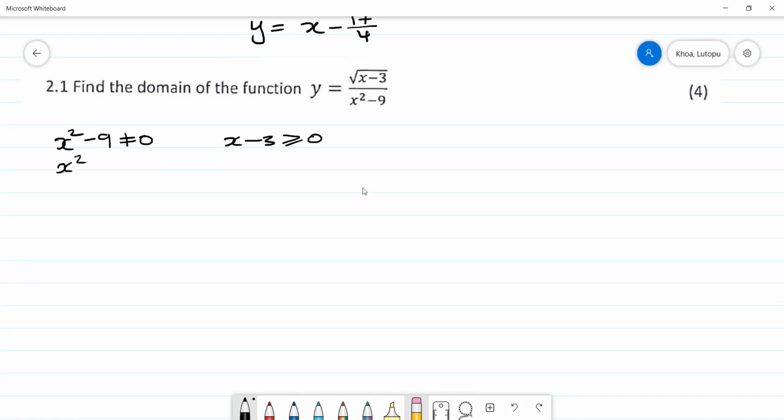So here, x squared is not equal to 9. So this means x is not equal to 3, and x is not equal to negative 3. And here we have x is greater than or equal to 3. Okay, but then remember, x cannot be equal to 3. So our domain,